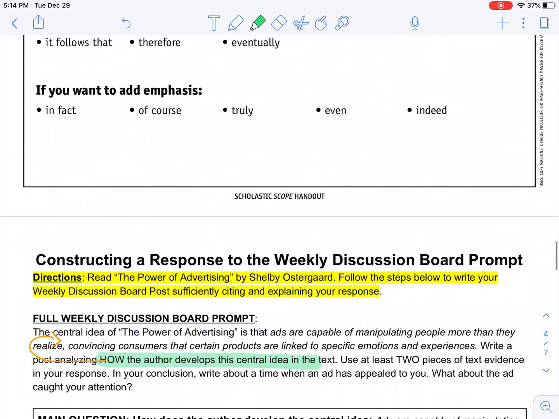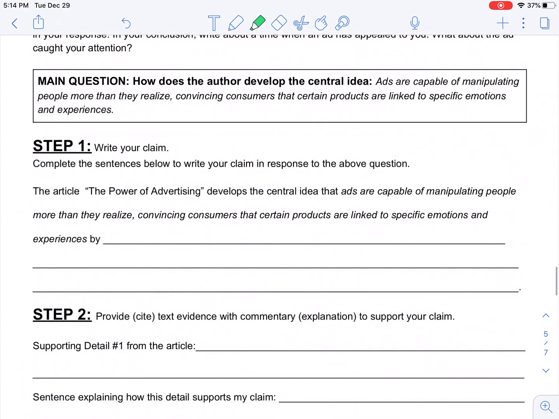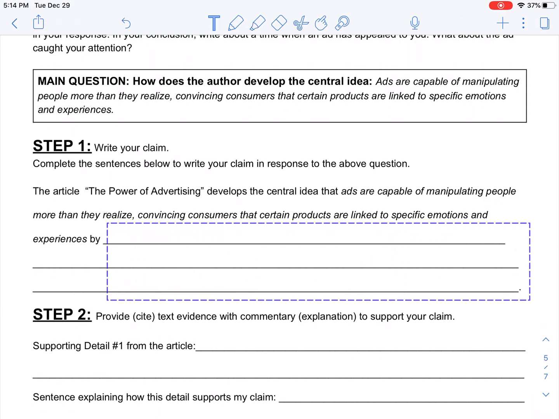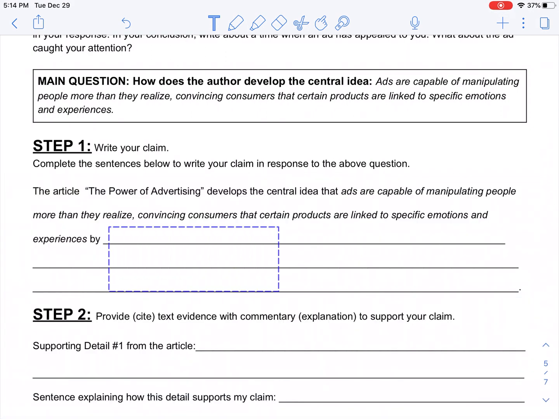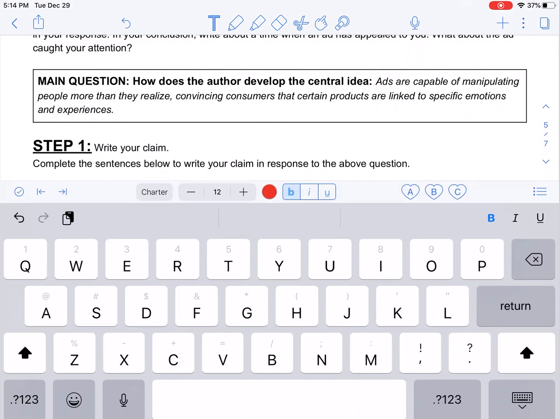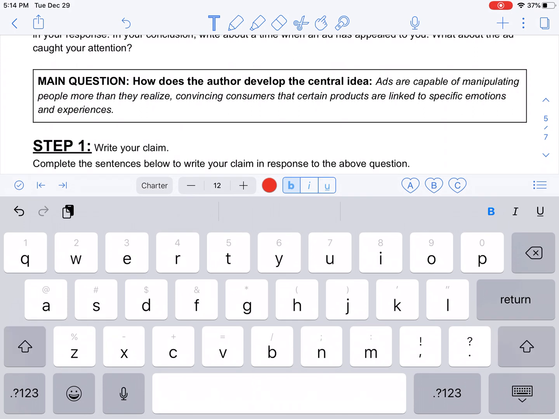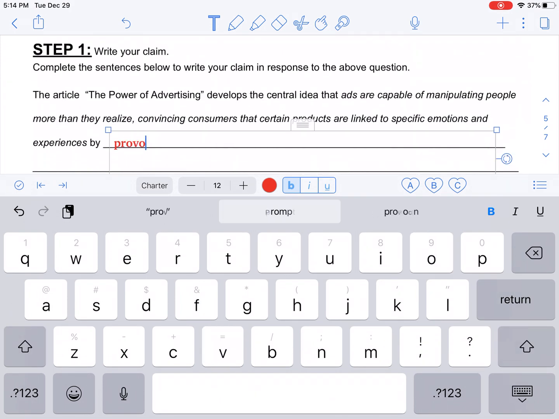And so if we look at our outline, it prompts us to start off with a statement of how. Okay, the article, The Power of Advertising, develops the central idea that ads are capable of manipulating people more than they realize, convincing consumers that certain products are linked to specific emotions and experiences by. So again, that by is going to be filled in with what did the author do to convey that central idea. And so it might include things like by providing